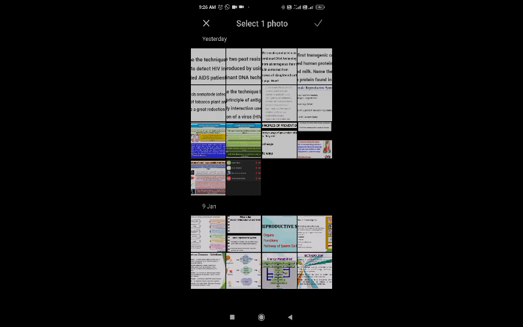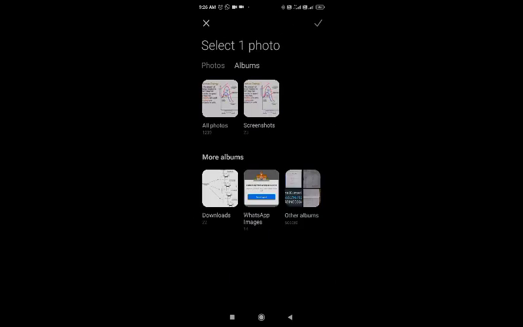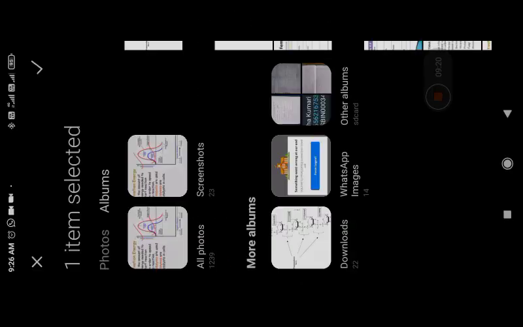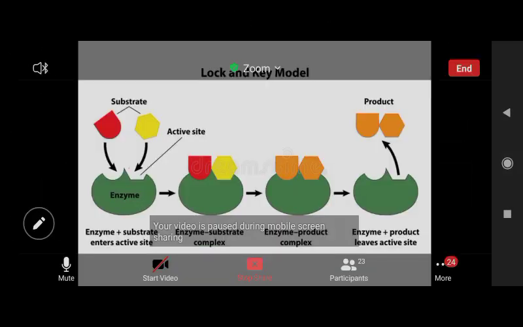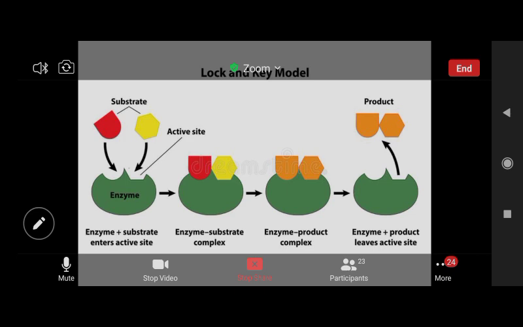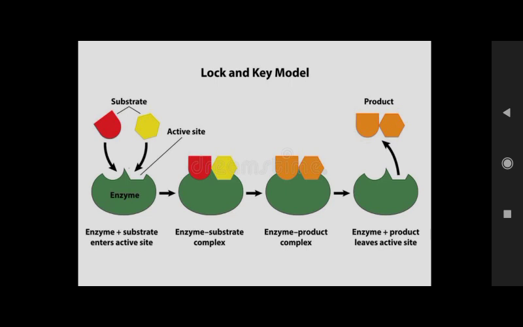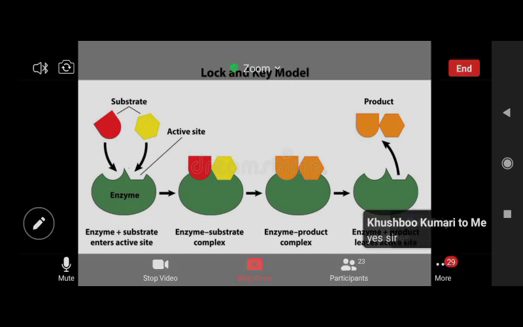Just a second, students. I hope now my slide is shared with you all. All the students, my slide is visible to all? Okay, fine. Now students see. Yes, Roshan, do you want to say anything? You have raised your hand, Roshan. Do you want to share or ask any question?